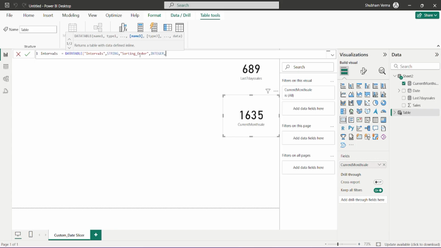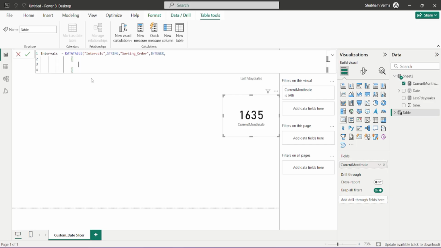So what I will do, guys, let me press shift enter to jump into the next line. And now let me press the tab key. And now let me start and end this curly bracket. And here under these curly brackets, guys, I will store my values. So let me press shift enter. And now I will again put a curly bracket to store the values. So my first value name would be, let's say, last 7 days sales, double quotes close, comma, and here under the sorting order, guys, I want to give 1 and curly bracket close. So this is my first value, or you can say first row, comma,